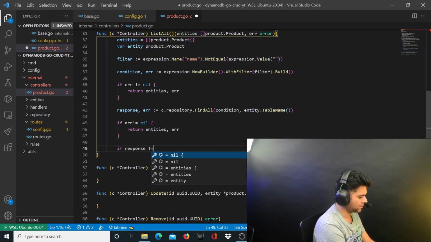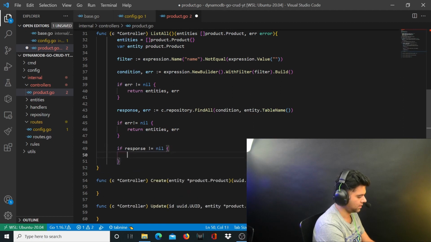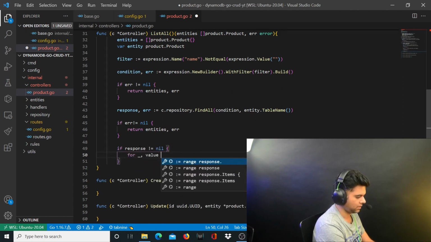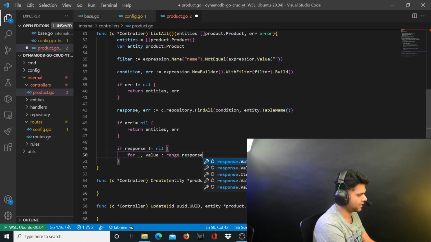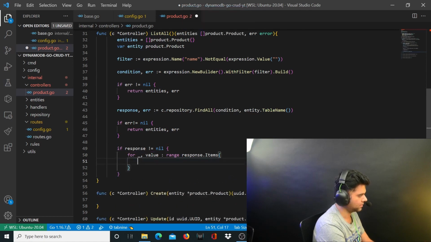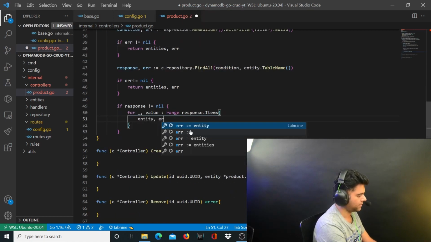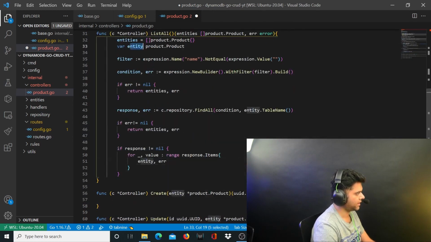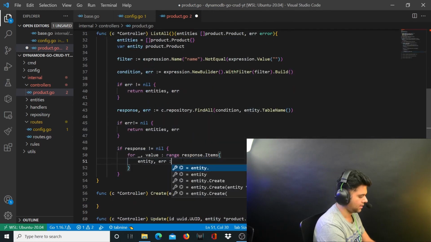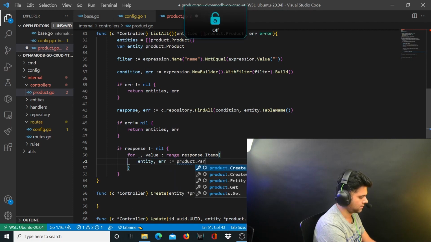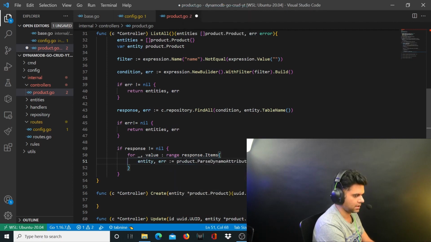So if response is not equal to nil, then we want to run a for loop on the response. If it's empty, you can't really run a for loop on empty items, right? Because response has some items, we want to run a for loop on it. I'm going to take a variable called entity, which I already have defined here, and I'll start capturing pass dynamo attribute to struct, the value, into this variable called entity,